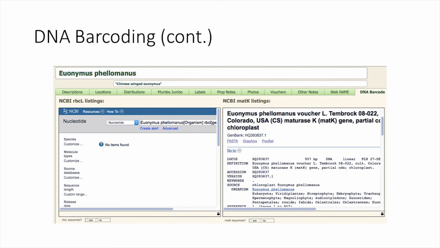I have a good laundry list of things I'd like to sequence on behalf of the Arboretum with collaboration from my advisor. The first task I've been doing right now is just sorting out what actually has information on the database. So I hooked up to a sequence database funded by the national government to tell you whether or not, say, this unknown species has a ribosomal gene that's very informative, or it doesn't, but it does have this chloroplast gene, which is very diagnostic to what the species identity is.